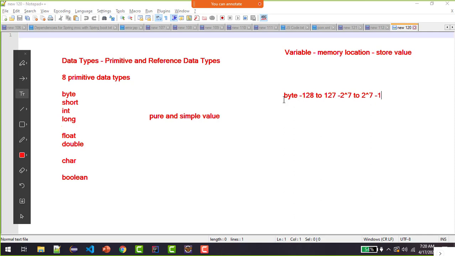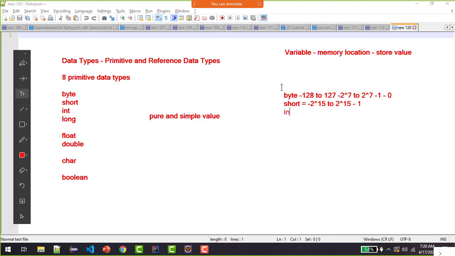The default of byte, short, int, long is 0. If you don't put in the data, by default this variable will have a 0 value. For arrays we can use byte. Then comes short, which is between -2^15 and 2^15 minus 1.